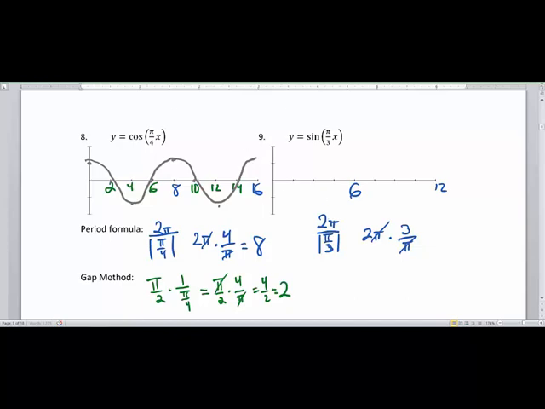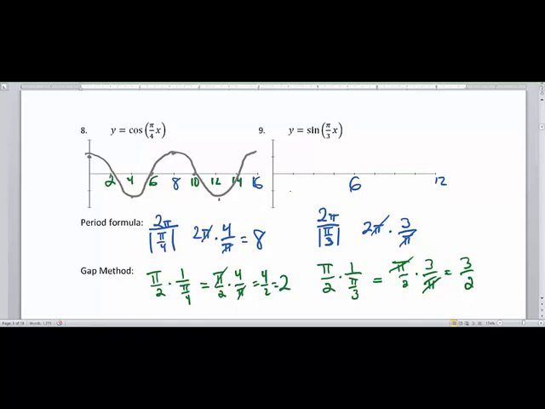We're going to use fractions, of course, so let's go with the gap method. So we have our pi over 2, and then we have 1 divided by pi over 3. We'll do a little quick manipulation of this problem to be pi divided by 2 times 3 over pi. The pi's simplify, so our gap is 3/2, or 1.5. But again, stay away from our decimals here. This gap is going to be 3/2,